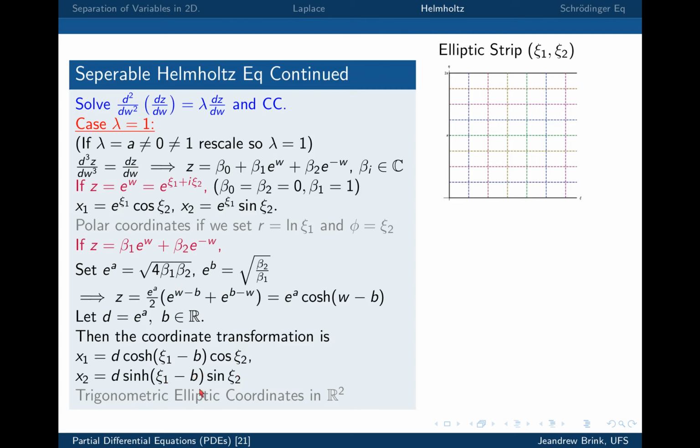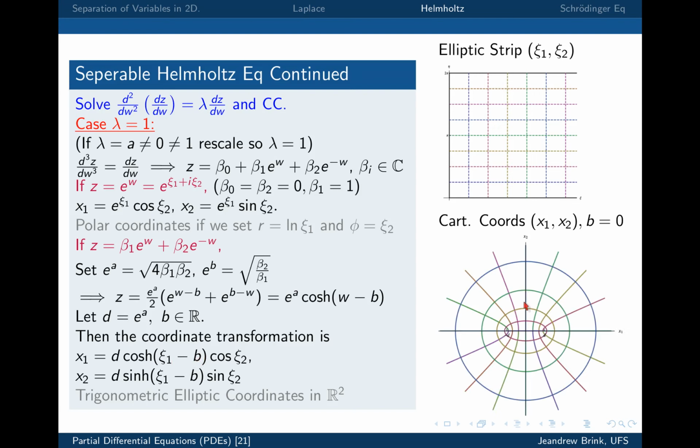And x1 can go from, say, 0 to infinity. It can be anything. Okay, so I'm just going to look at what this thing translates to if I choose b equal to 0. Okay, so b will just shift the origin of x2. So it doesn't matter if you choose it to 0, but the corresponding Cartesian coordinates is basically